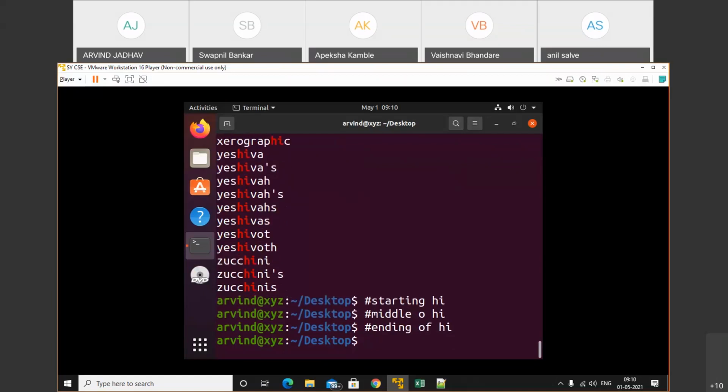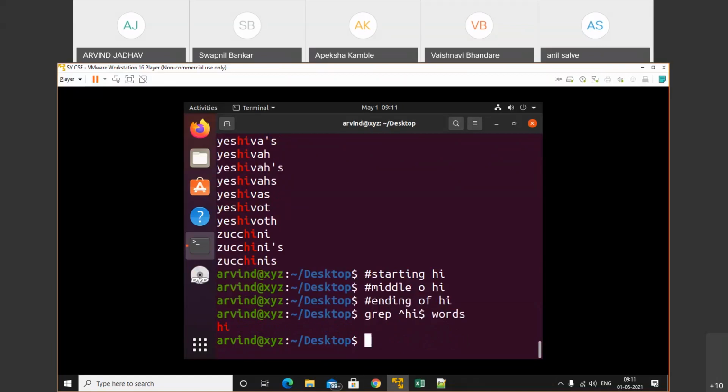Okay. So जब हम कमांड ऐसे यूज करते हैं grep simple hi, it will match the regular expression among the dictionary and it will find out all the words. Okay, but when we try to use dollar and caret, it will find out only one actual word. So simply we can say that if you want to find out the actual word, then and then I will use dollar and caret.